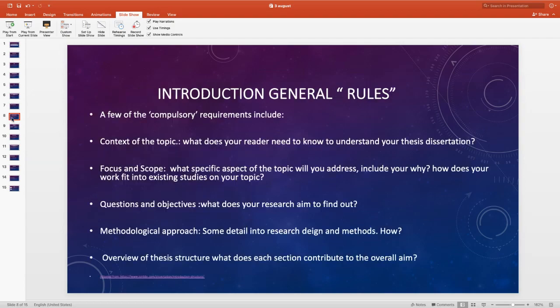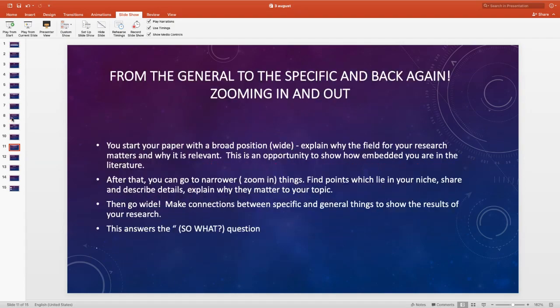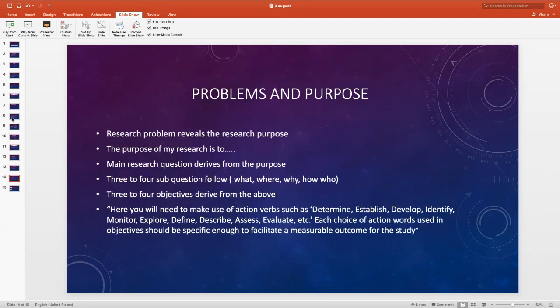Then also, I'll make a separate slide on this because I think that it's really useful, again, as a thinking technique. The research problem reveals the research purpose. The research purpose develops and reveals your main research question, and then we're breaking it down, right? And your questions obviously influence your objectives. So if you can think,